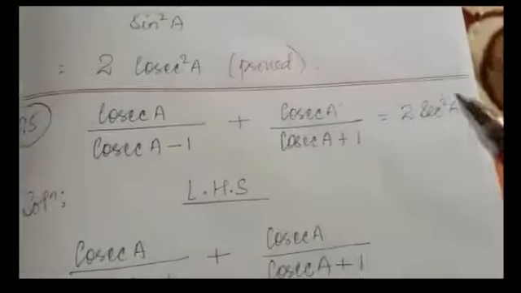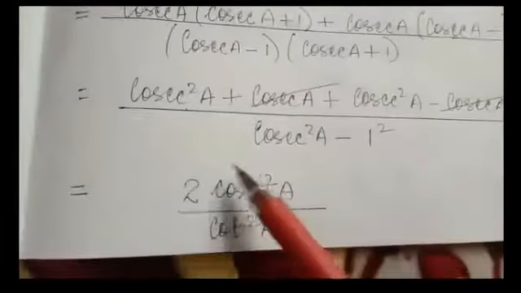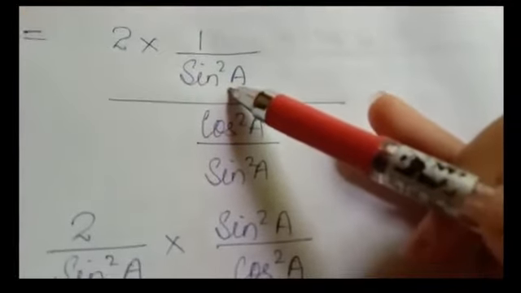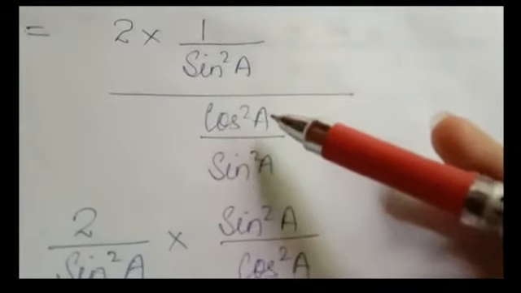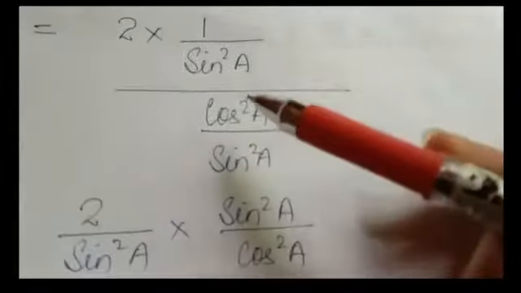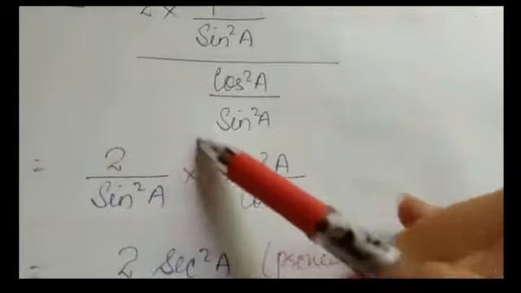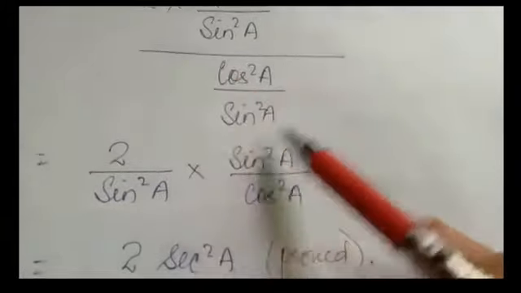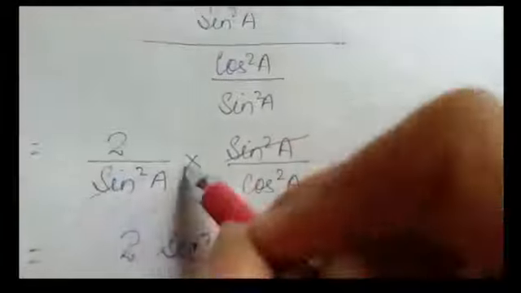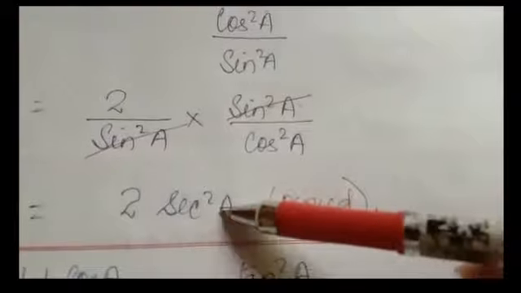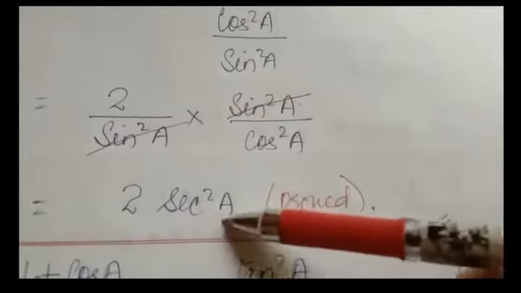Okay, now our right hand side is sec square a. So here we will try to express them in sine or cos. So cosec can be written as 1 by sine because it is the reciprocal, and cot can be written as cos upon sine. So square is there, that's why we have to write cosec square a by sine square a. After that you have to bring it to the numerator, then write its reciprocal, then sine square a cancels. Now 1 by cosec square a is sec square a. Reciprocal of cosec square a is sec square a. Proved.